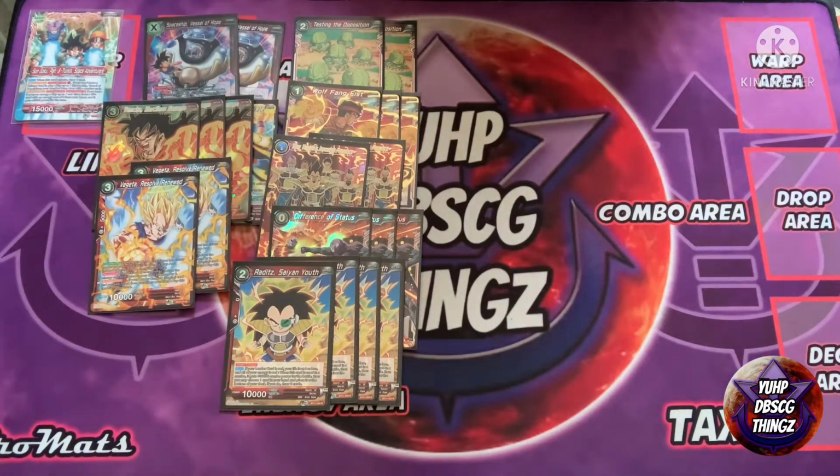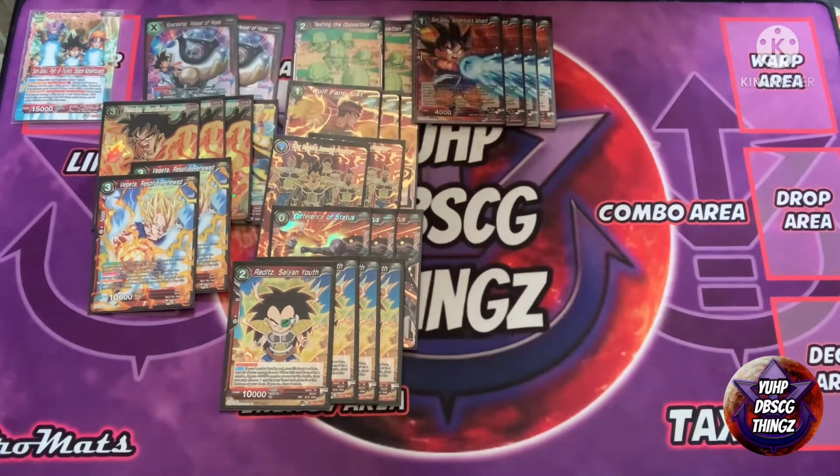So with that being said, those are our super combos. Let's move on to some of the actual main engine of the deck. We have 4 copies of Son Goku Adventures Advent. This card's really cool. This is probably one of my favorite turn 1 plays in the entire game, or in